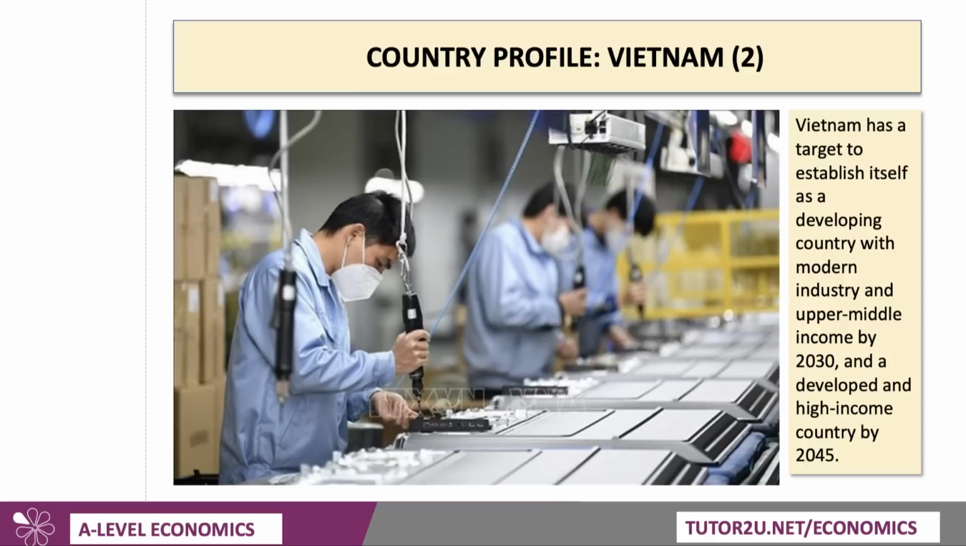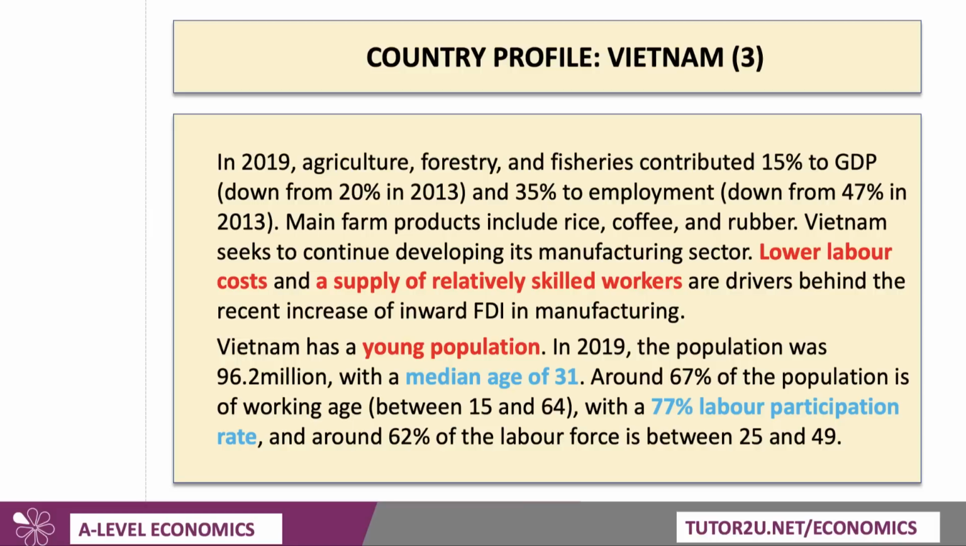So Vietnam has huge ambitions, actually. The recent 13th National Party Congress set a target for Vietnam that it will establish itself as a developing country with modern industry and become upper middle income by 2030, only 8 years away, and a developed high income country by 2045. Ambitious targets. If you think about the structure of the economy,